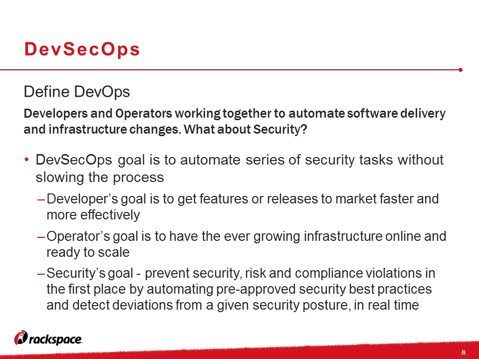So let's make sure we're level setting and setting the expectations correctly. So let's start by defining DevOps. And literally verbatim, it is developers and operators working together to automate software delivery and infrastructure changes. So we look at what the responsibility of a developer is. We look at the responsibility of an operator. And for the DevOps relationship, it's pulling those two units together to function as